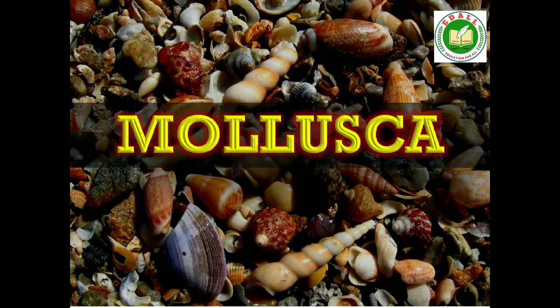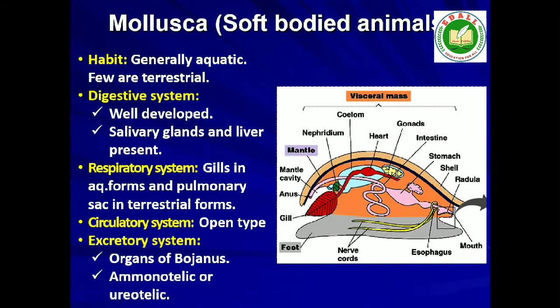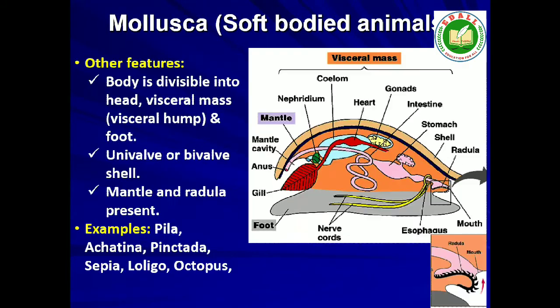Eighth is phylum Mollusca. This is the second largest animal phylum. Mollusks are terrestrial or aquatic, marine or freshwater, having an organ system level of organization. They are bilaterally symmetrical, triploblastic and coelomate animals. Body is covered by a calcareous shell and is unsegmented with a distinct head, muscular foot and visceral hump.